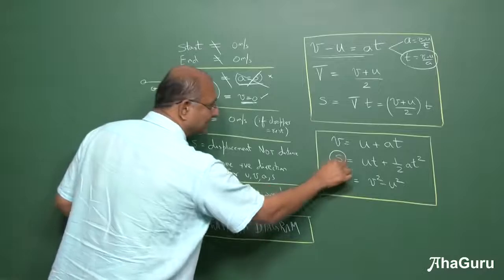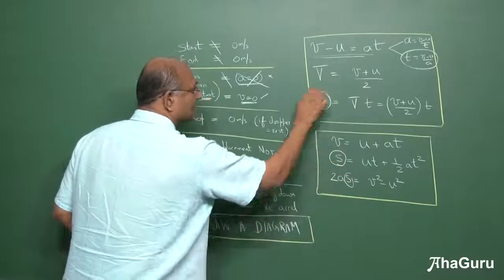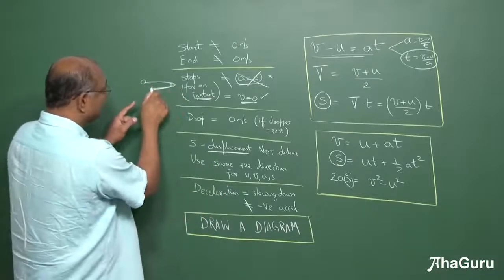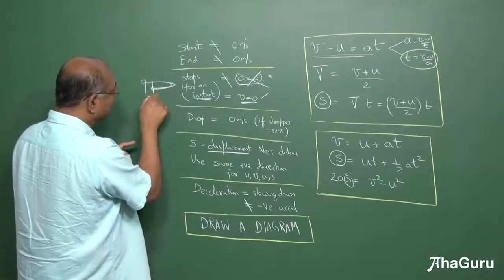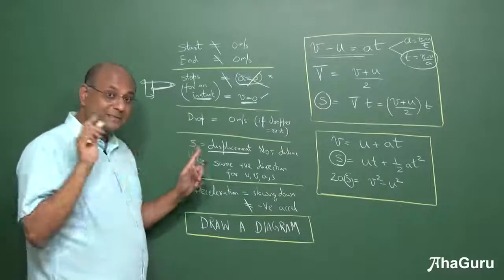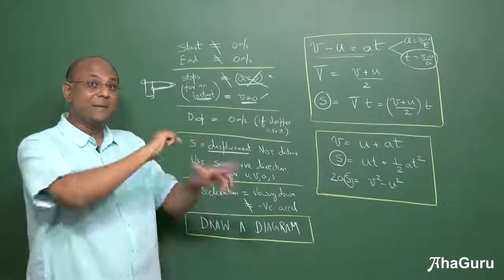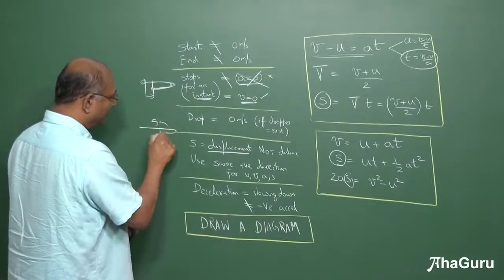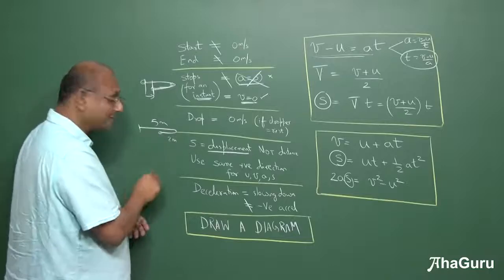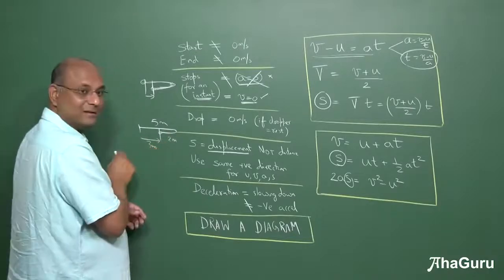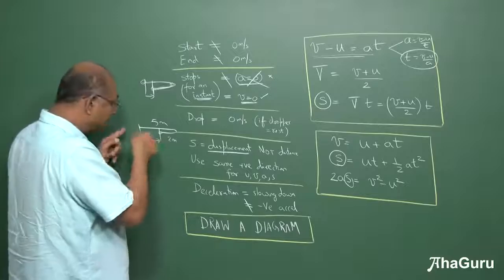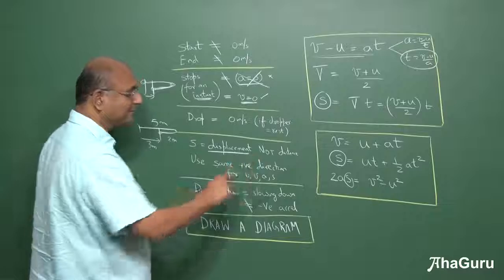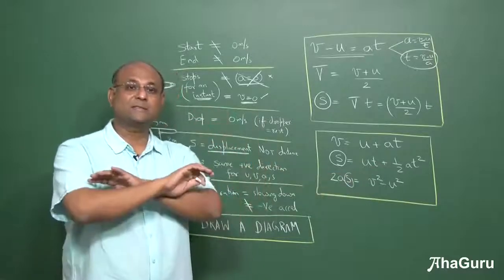S in this formula, this S, here this S, this is displacement, not distance. So if something goes like this, it is not this distance, it is this displacement. Okay? It comes with a sign and it is displacement. It's not about distance plus or minus. It may not even be the distance. So for example, if this was 5 meters and then you come back like this 2 meters, what is S? 3 meters. It is not 5, it is not 2, it is not 7. It is 3 meters. In that formula, you will get 3 meters. So S is displacement. Use the same positive direction for all of them. Choose one positive direction and stick to it. Don't change.